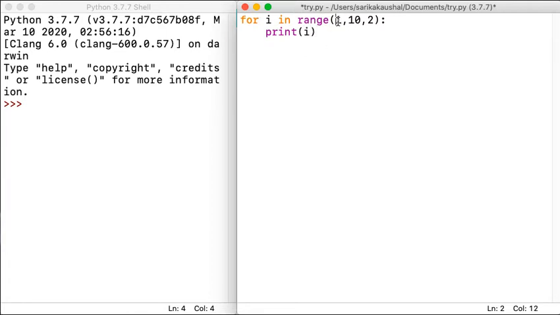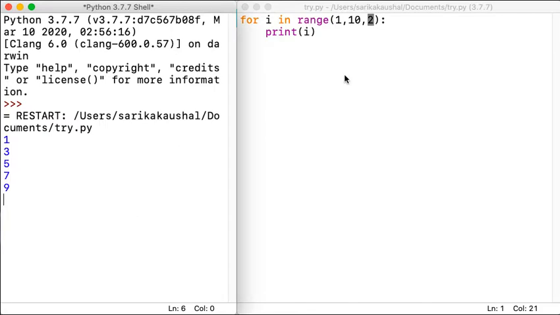The first value of i will be 1, the last value of i will be 9 because it's less than 10, and after 1 I want to jump with 2 steps, so I will get the next value of i as 3. Then after 3 I am going to get 5, and so on. So if I execute my program, I will see this answer, right? Now there is another way of doing the same program where I can use a while loop.